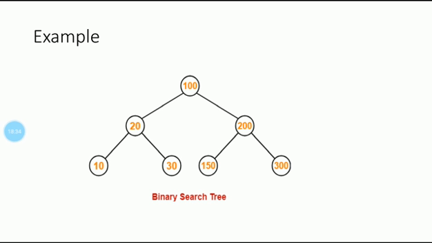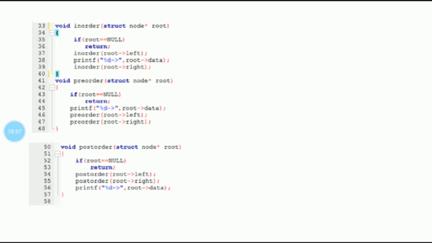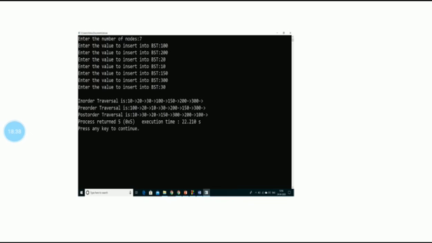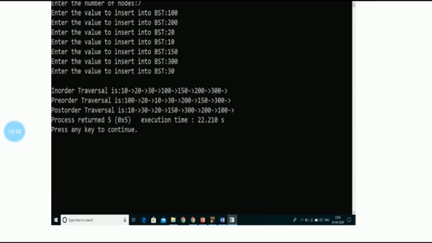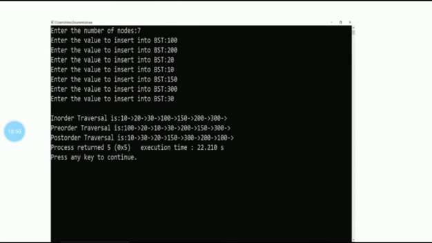I gave as input 100, 200, 20, 10, 150, 330. Here in-order traversal, we know that if we perform the in-order traversal on the binary search tree, we get the numbers in increasing or ascending order.